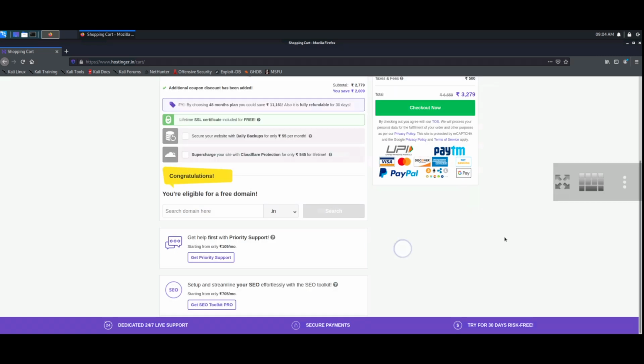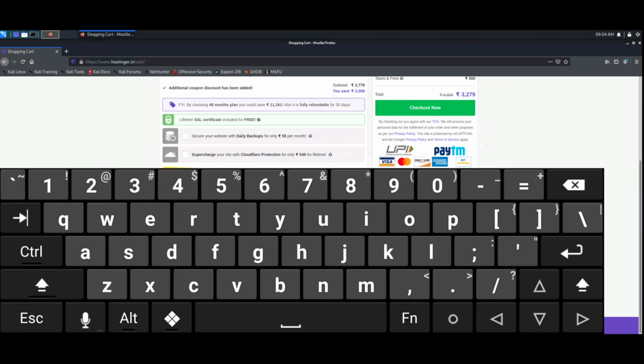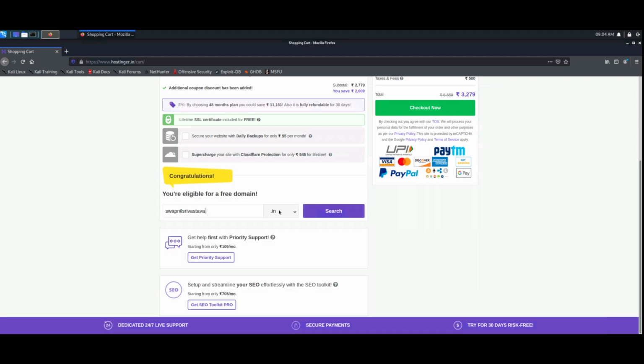You will also get a free domain here. Simply slide down and give a domain name. Like, I want to build my portfolio website, so I will type here Swapnil. Later on you can use the .in extension, .com or .tech or any other. You can get a free domain with this plan also. Now simply click on checkout, then create an account and pay the money, and you will have the hosting plan along with the domain.